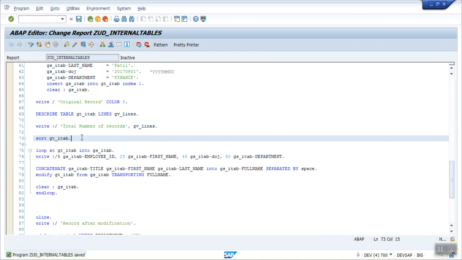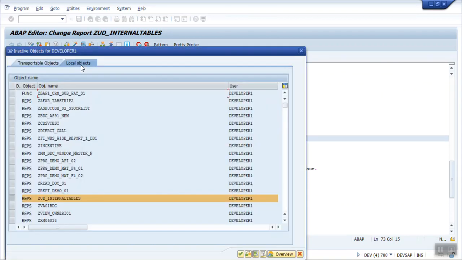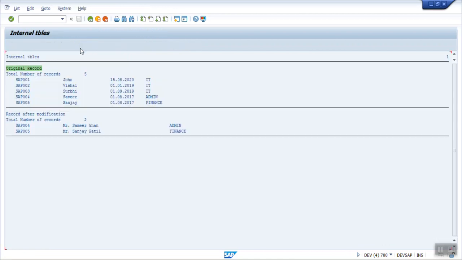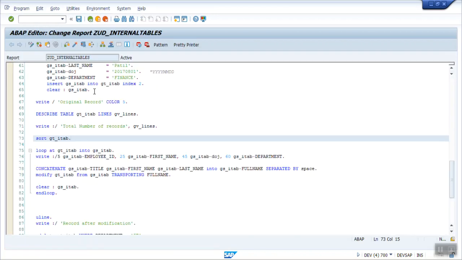If you're not adding any value here after sort, it will apply sort based on all the fields. No change, I think, it is as it is. So I want to sort on the basis of first name. For that, after sort gt_itab, we have to add the field name, let's say by first name.